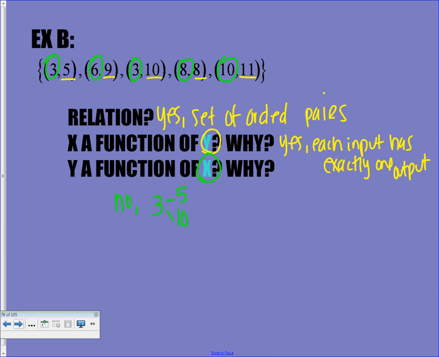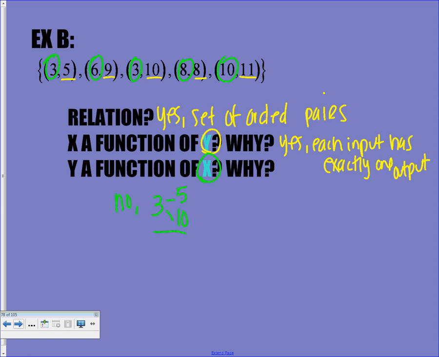3 cannot have two different outputs. One input cannot have two different outputs. Okay, I can't get two different candy bars from the same button. So that is a no. And you don't need to explain any further than that. If you wanted to say one input has two different outputs, that would be okay, or you can simply just